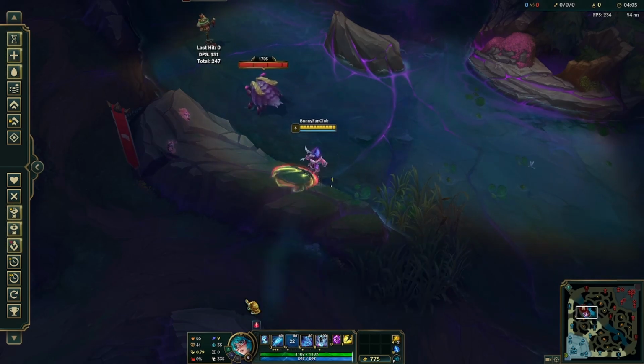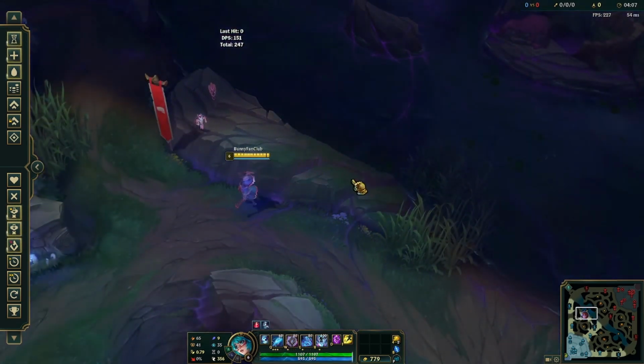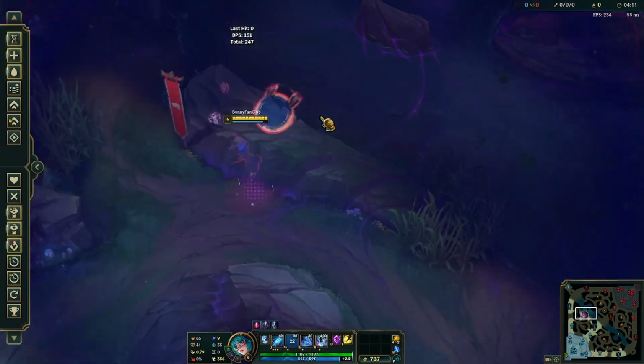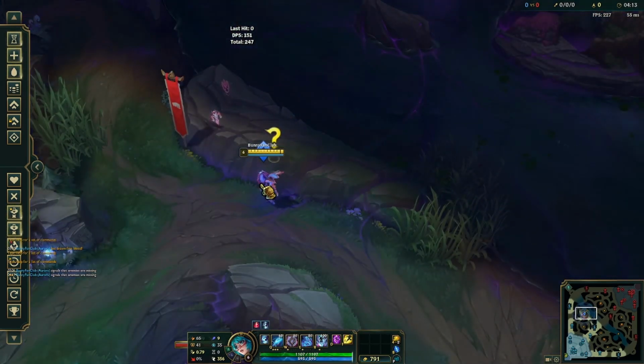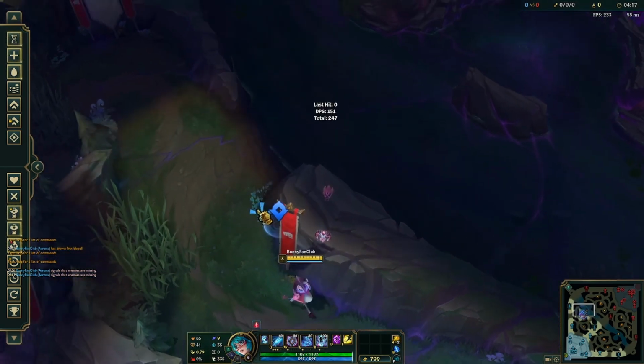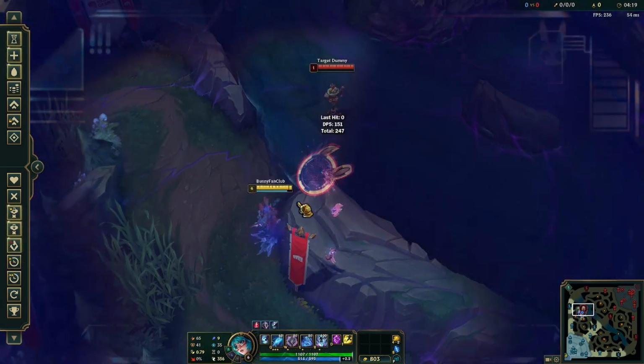So for her W, you can dash like these walls if you stand here. You can't do it here though because this wall is too big. But like on the smaller edges, you can. Same with this wall here. You can actually dash this